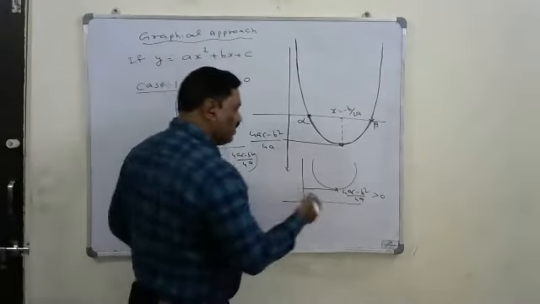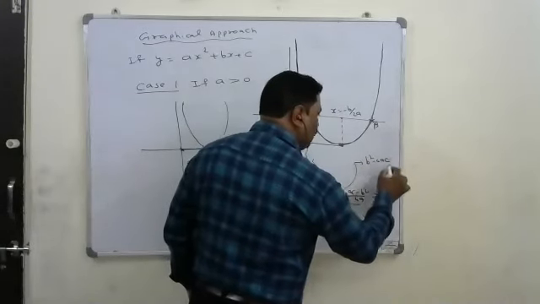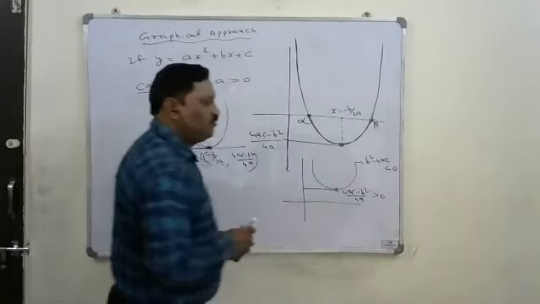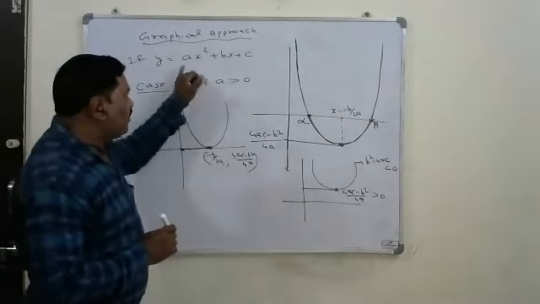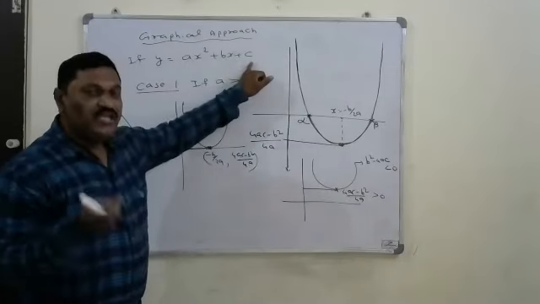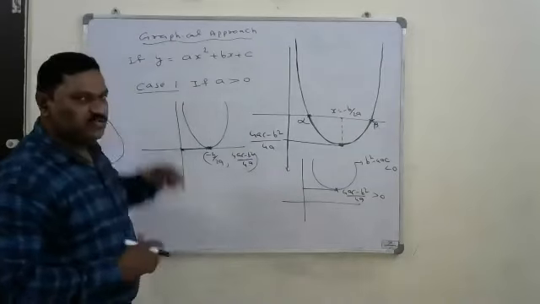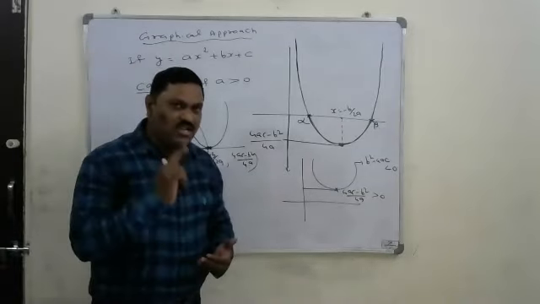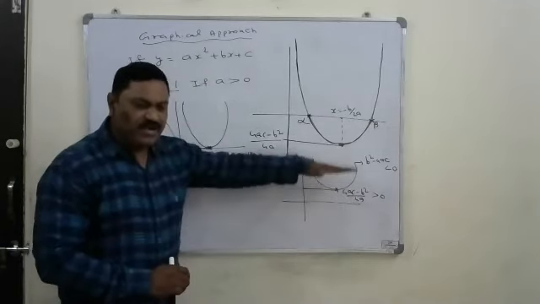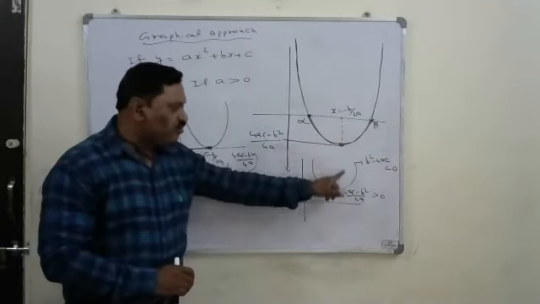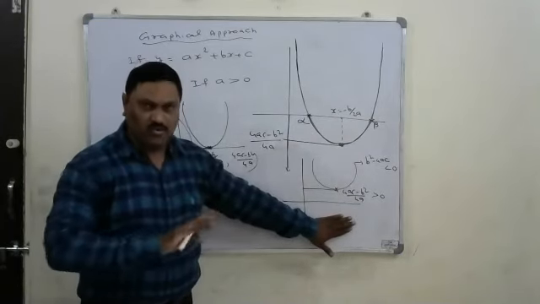When the roots are complex, what is the condition then? b square minus 4ac is less than zero. That is the condition. Remember that? When the expression x square plus bx plus c is always positive, means y is positive for all values, the curve lies completely above the x-axis. It is not going to meet the x-axis. That's why it does not have any real root.